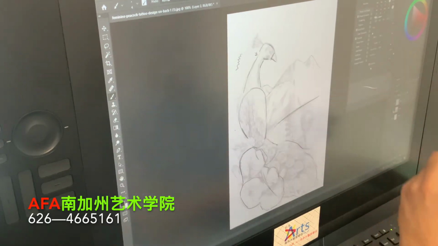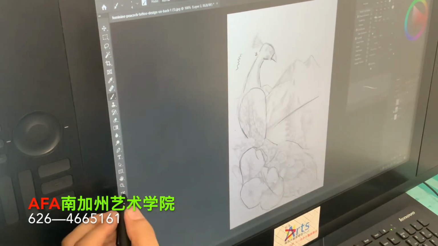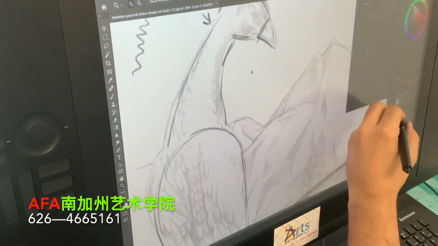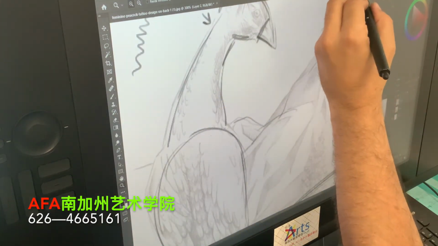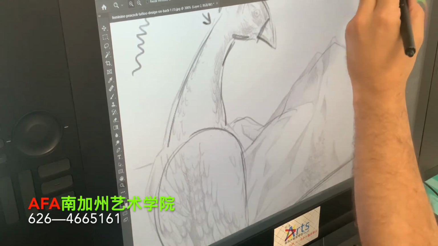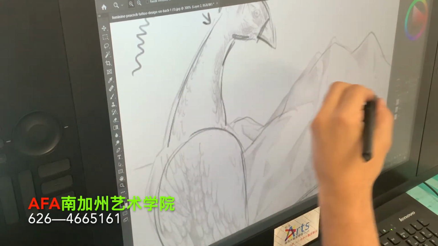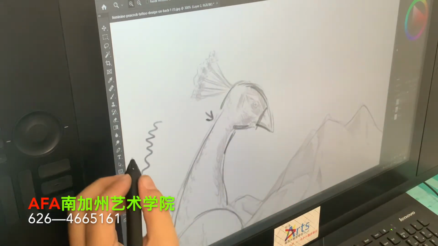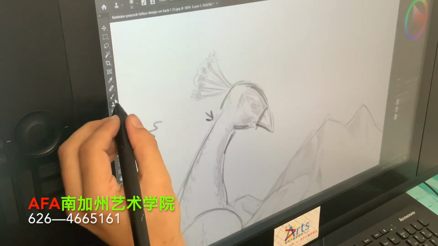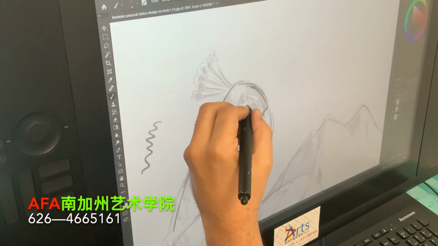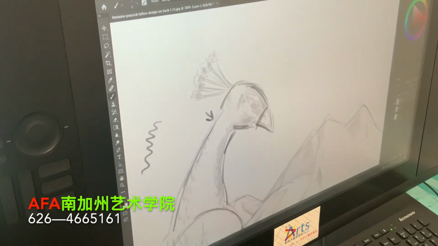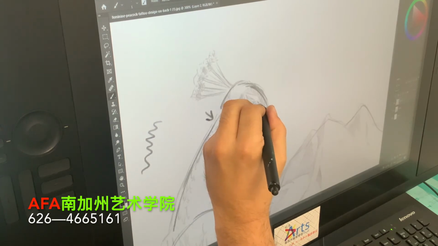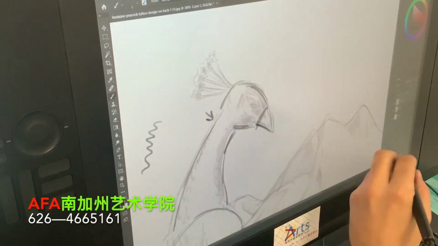Okay. So the next thing I want to do is start detailing this bird. So I'm going to go in a little closer so you can see it. Maybe close this here because it's in my way. And then I need to scroll down a little bit. So again, I'm coming in here. This is a very linear drawing, so it's really mostly line quality. And so I'm putting in, let me see if I can get